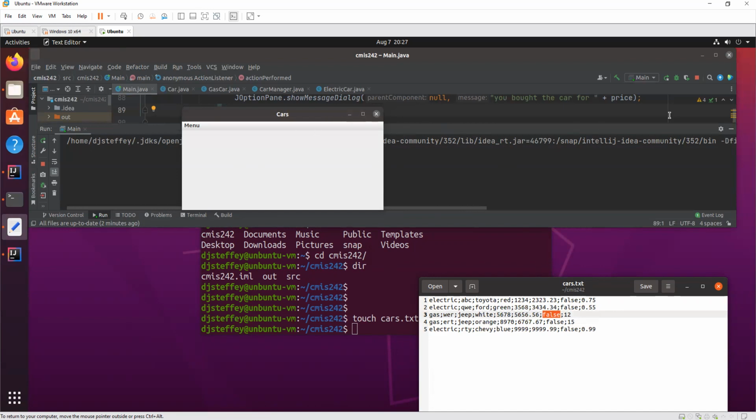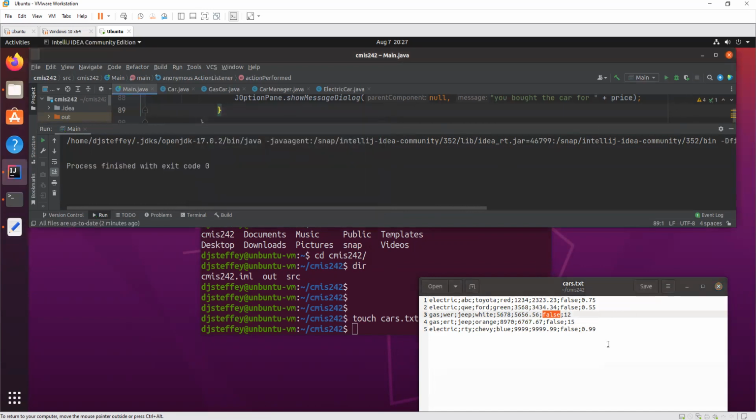Let's close the program. And now, if we did the right thing, whenever we sold this Jeep, we changed this to a true. We're just doing it manually right here. You have to make sure your program does this when you sell a Jeep.